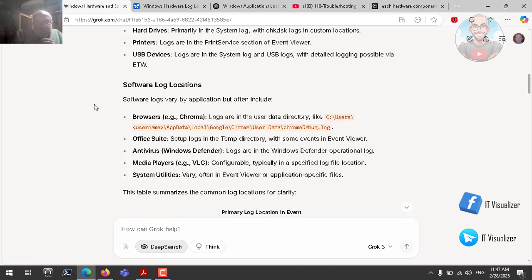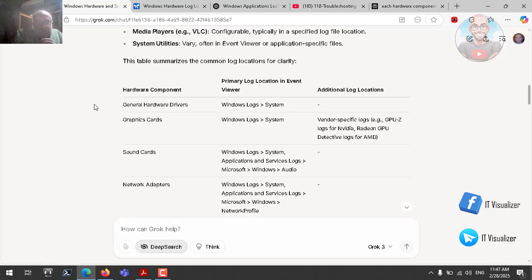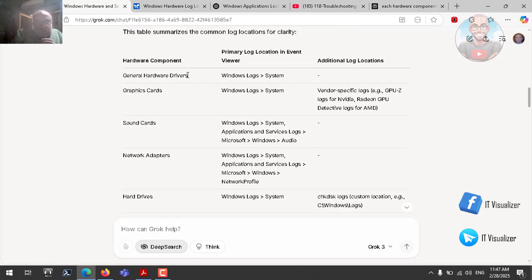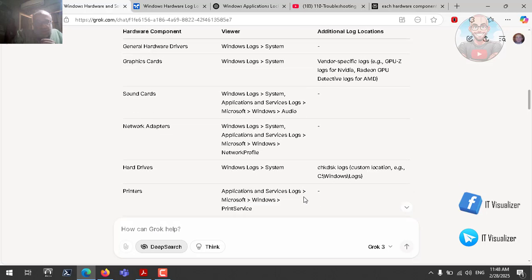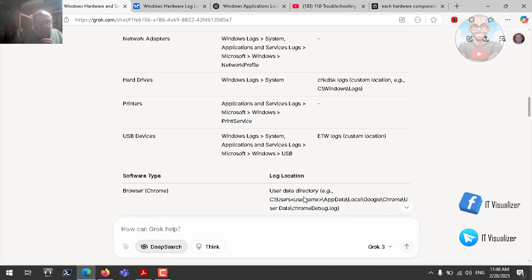We can see here, for example, general hardware drivers, Windows log system, okay, graphics cards, Windows log system, vendor specific logs. It didn't give the location. Sound cards, we can see these logs, network adapters, hardware drivers. So I think again this is not a good answer. We can see printers, we can go there and see USB devices. All of these are